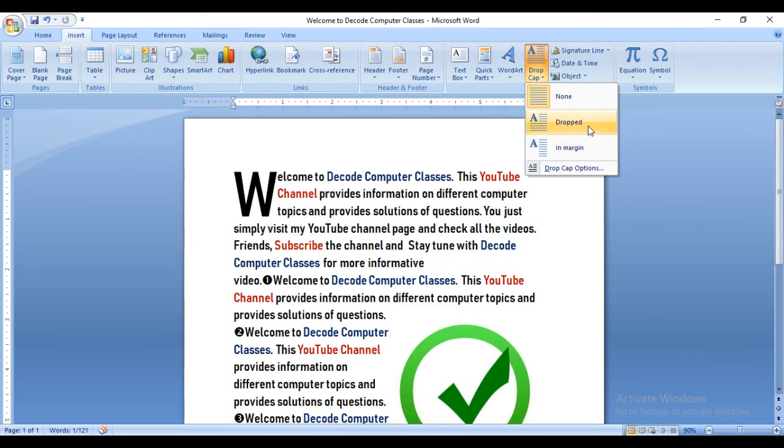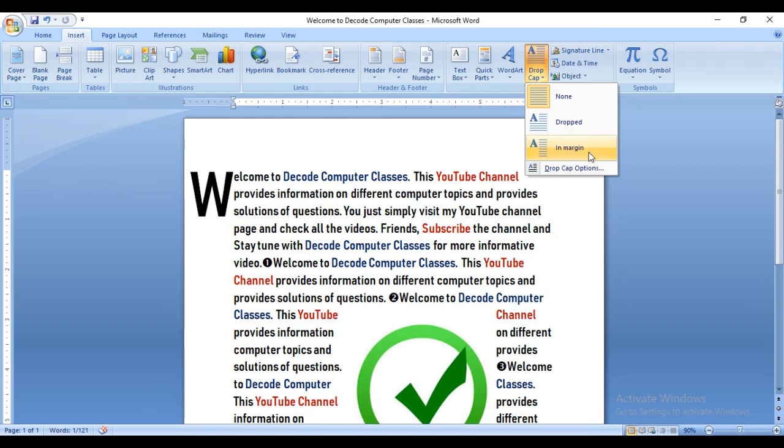As you can see, the first letter is showing in a drop style, and in margin you can see it is placed in the margin, to the left of the text, covering the margin. So this is the difference of drop cap.